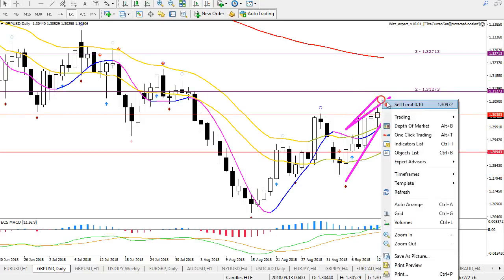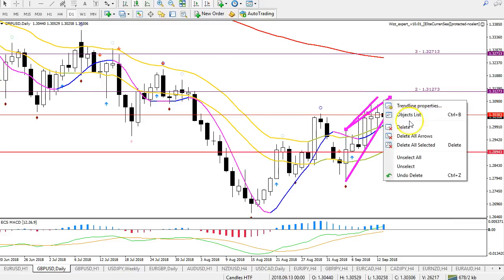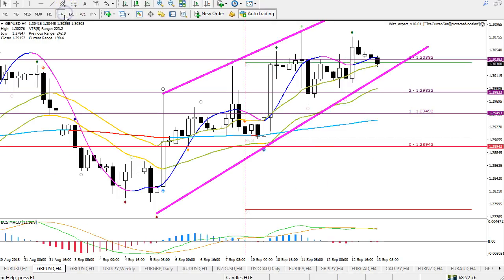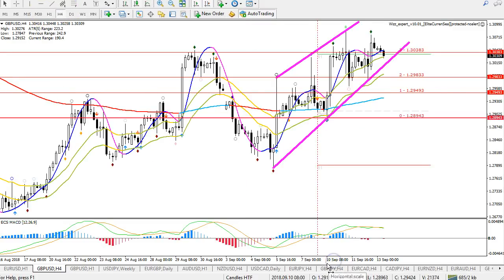On the daily chart, we're seeing daily candles still bullish and still above the 21 EMA with HMA up. ECS MACD pretty thick blue, so still space up to the 144 EMA. So I think that all in all, the probability, and this is always probability in trading, of course, is to the upside. So let's see if that indeed happens today or tomorrow or Monday or beginning of next week.